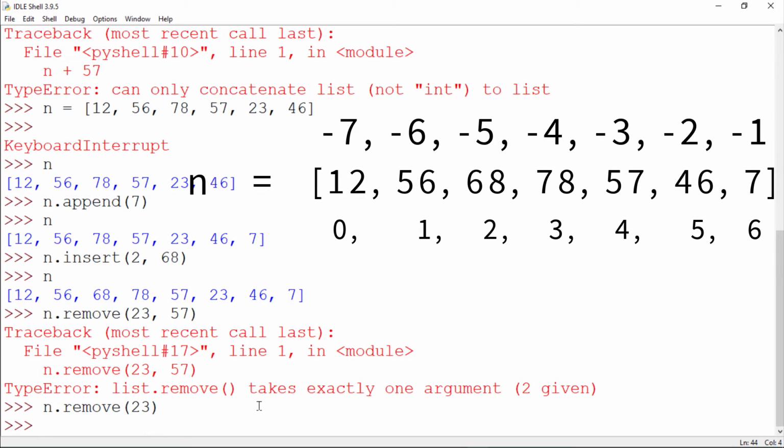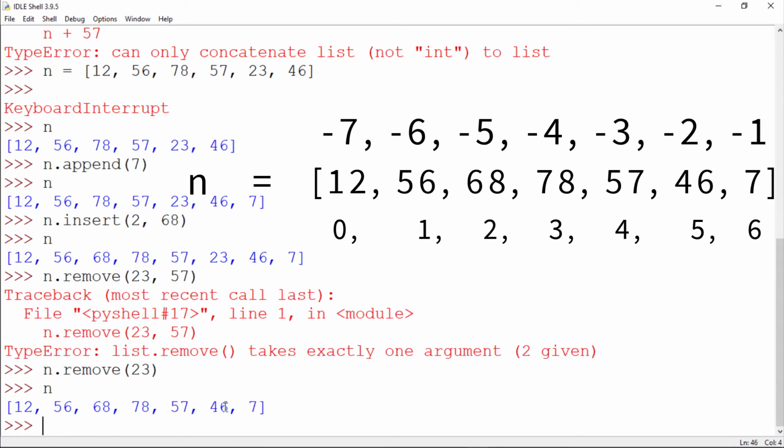And then give here enter. Oh, it works, right? Now let's see here. Now here you can see 23 has been removed from the list. Now if you want to remove multiple values, so what you will do here? Now we will go outside the mutable. Okay, so we are only removing one value.